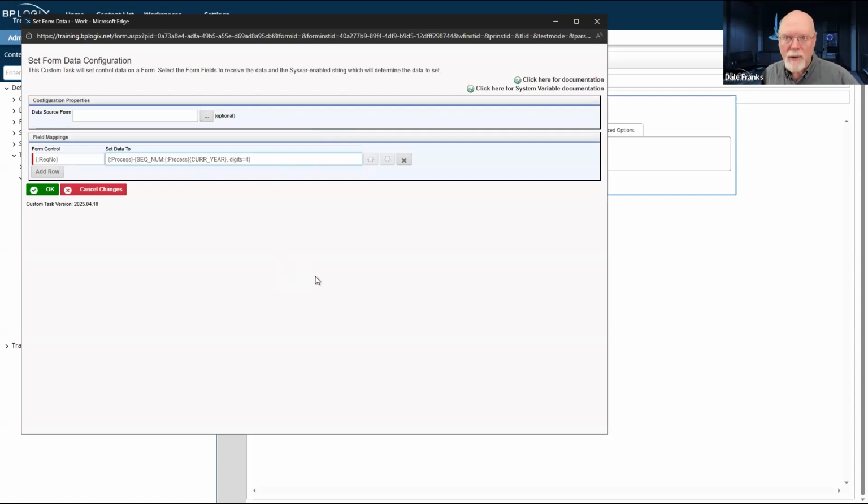So it would be 0001 for the very first one. And that will give me 9,999 submissions for that particular process in a year before I roll to 5 digits. But you don't actually have to do that. I don't think I did that in the sample at all. I obviously didn't since I copied and pasted it.